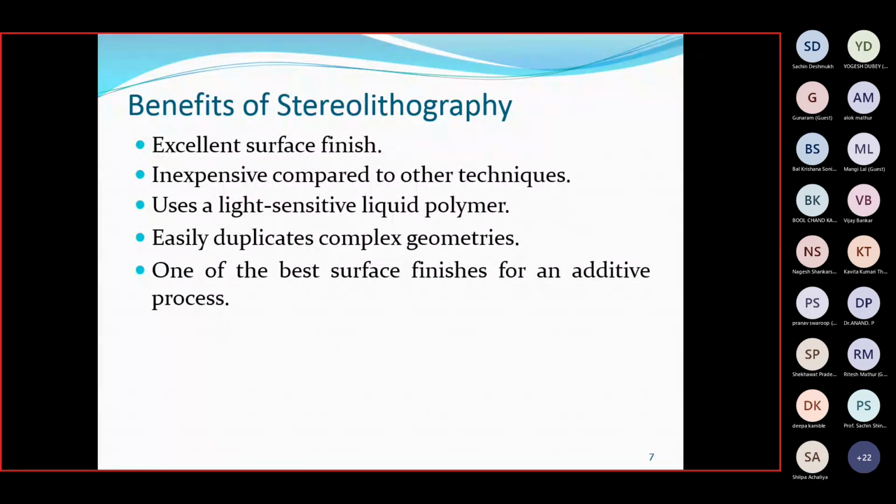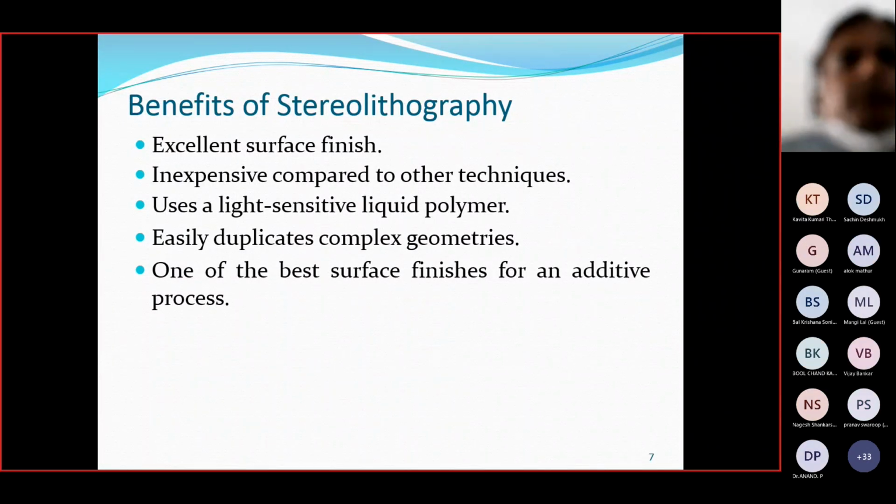Okay, and then it easily duplicates complex geometries. When you have a tetrahedron, or different types of geometrical models, you can easily duplicate those with just 3 or 4 clicks. Just take a photo of it and bring it to the system, and lots of software is available. That software will itself generate your STL files.